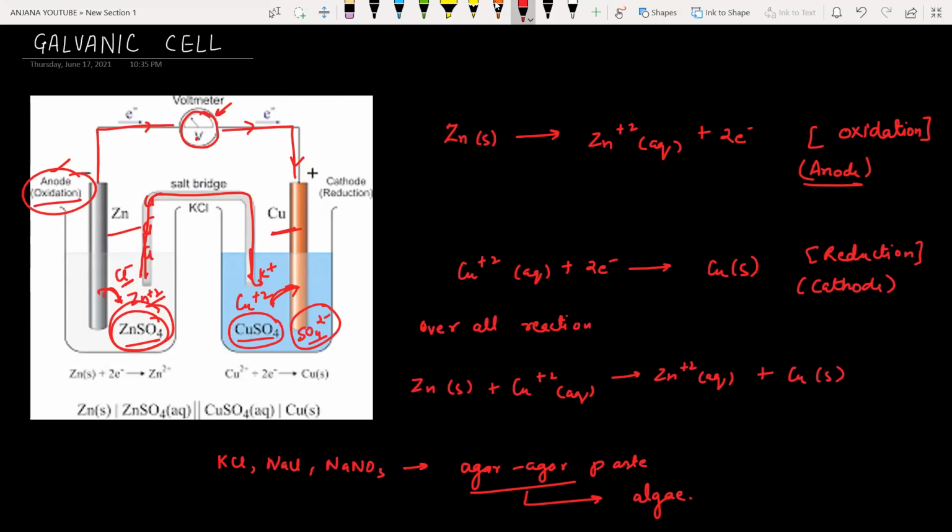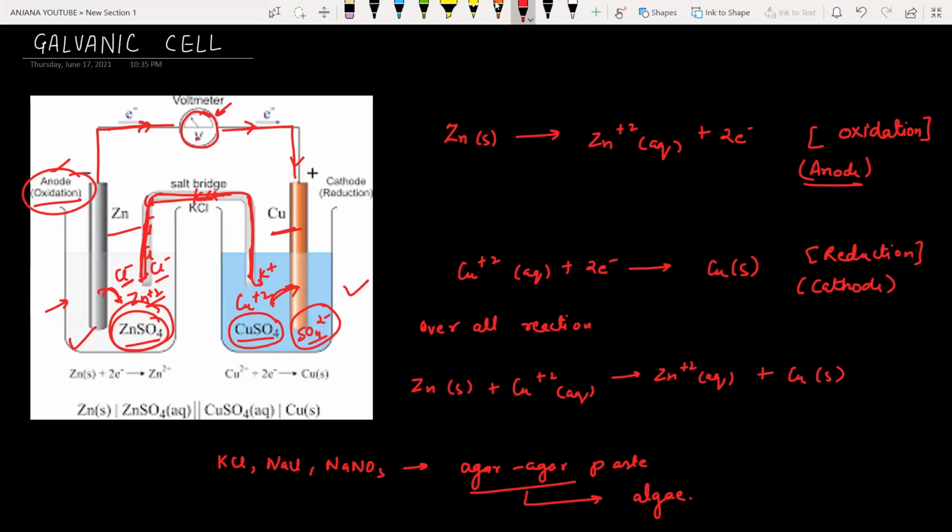So what is the use of a salt bridge? A salt bridge is a junction that connects the anodic and cathodic compartments in a cell or an electrolytic solution. The main function of a salt bridge is to help maintain electrical neutrality in the electrolyte within the internal circuit. So it is also forming an internal circuit. Electrons are moving from here and the negatively charged ions are coming back to here from this salt bridge. So this is maintaining electrical neutrality.